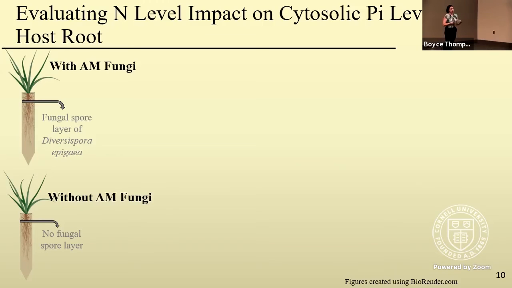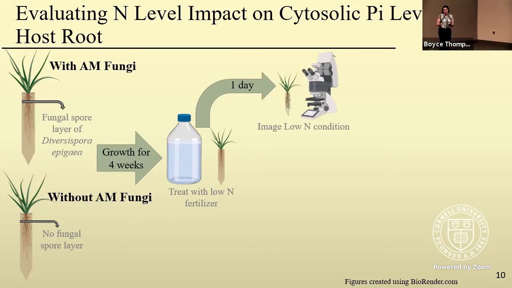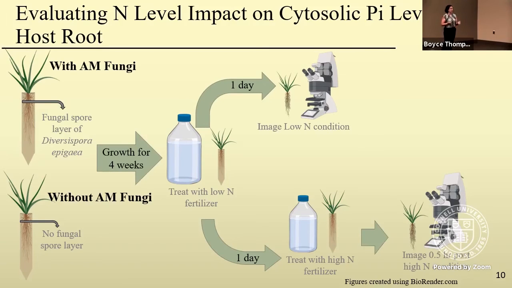So being able to confirm data that had been previously collected in other ways was another goal of this experiment. So these were grown for 4 weeks, like the other condition, treated with a low nitrogen fertilizer, and then we imaged the low nitrogen condition, treated with a high nitrogen fertilizer, waited half an hour, and took images of